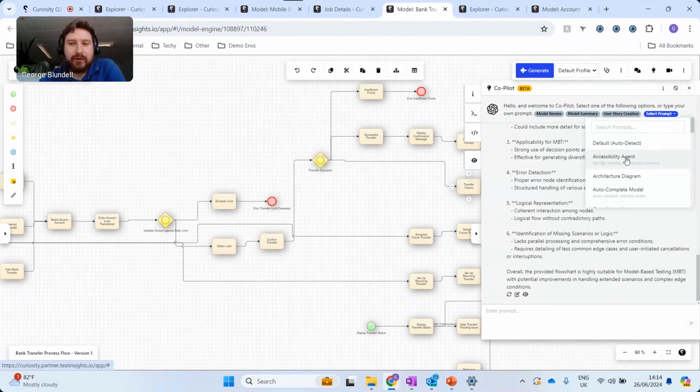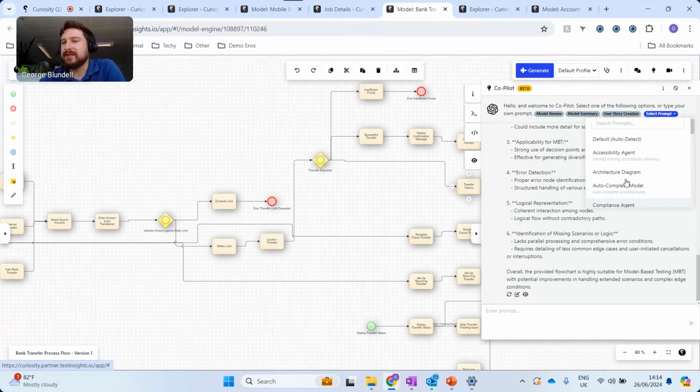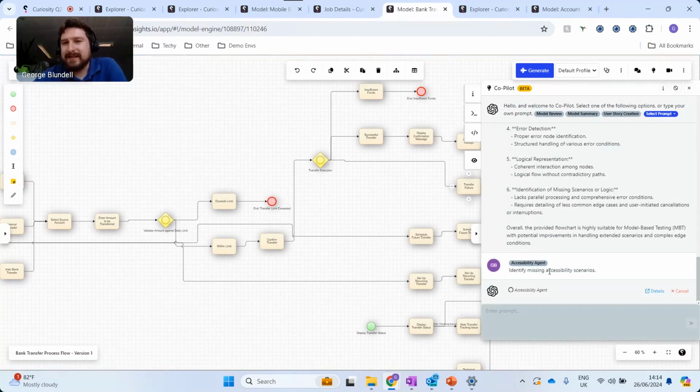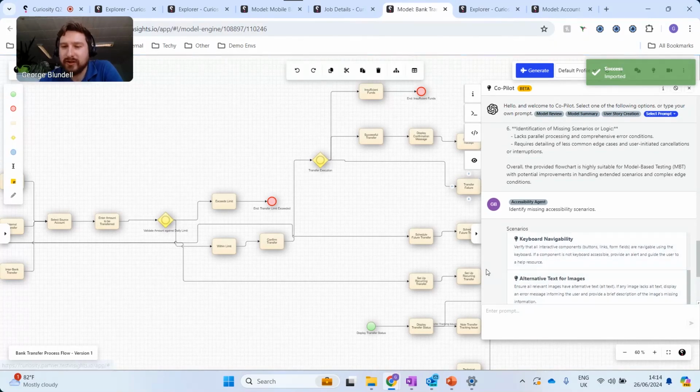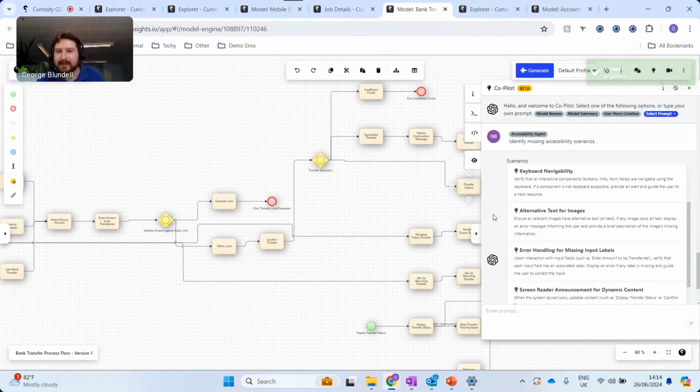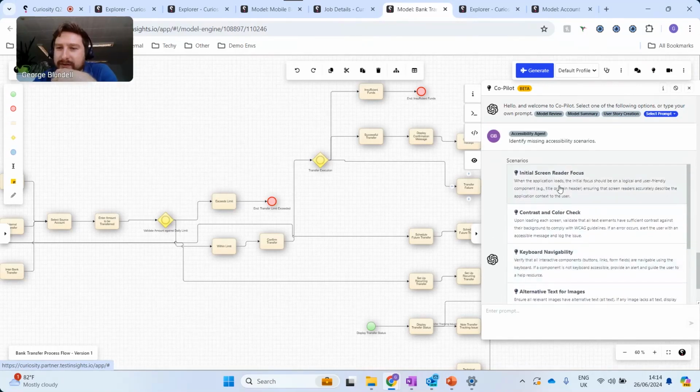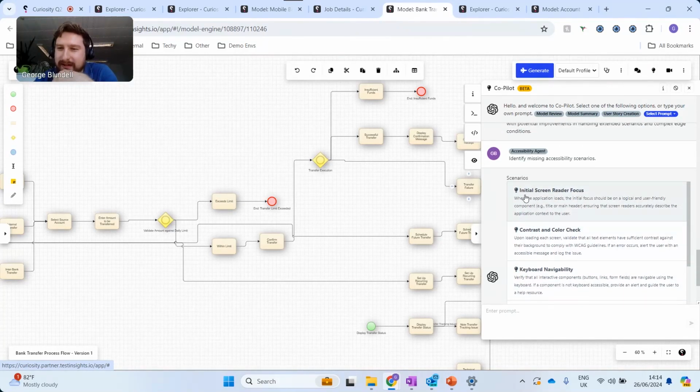As well as that, we've also got these specific agents that cover off specific scenarios. So the first agent I'll talk about is the accessibility agent. What this will do is it will help you identify any missing scenarios specifically related to accessibility. So that's things like, are buttons showing up in a way that a colorblind person could see them? Is the contrast okay, etc., etc. So if I look here, it's got a few different scenarios that it suggested around focus, around contrast, color check,